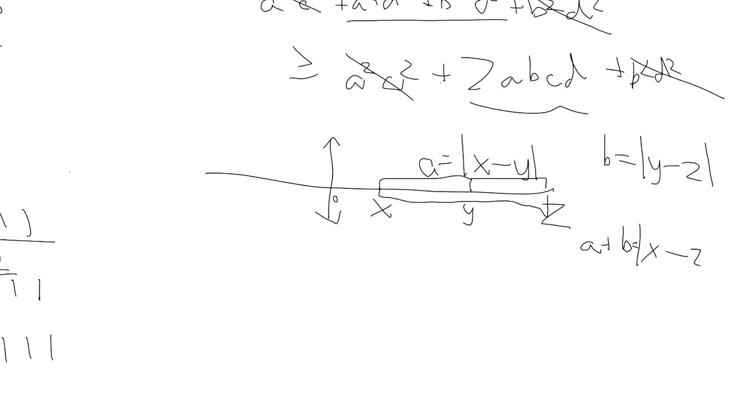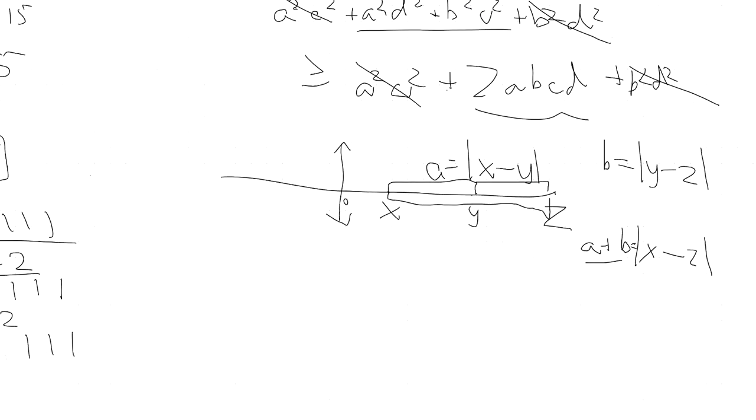Okay, we want to choose which of x minus y, y minus z and z minus x we want to be a plus b. Because the coefficient of the absolute value of z minus x is 49, and we want to maximize it, it's logical to make the largest value have the largest coefficient. So then we should probably just let the absolute value of z minus x equal